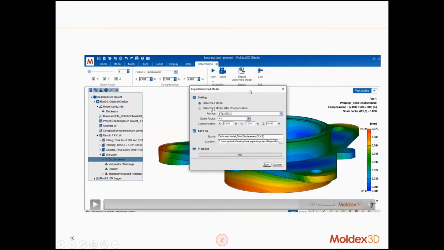Here, if we select the first option, we export the deformed model with scale 1, so we export the model with the warpage result. But if we use the deformed model with a scale of -1,